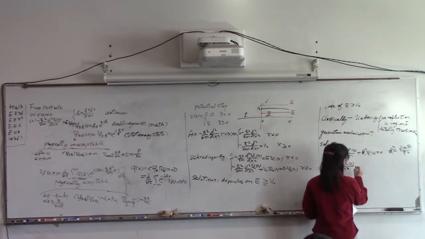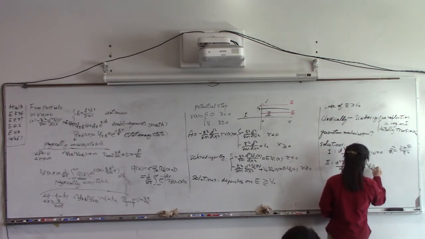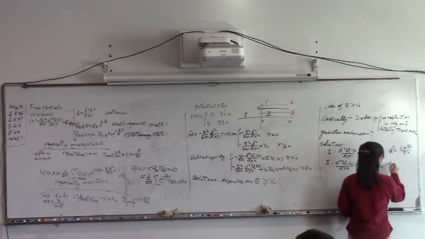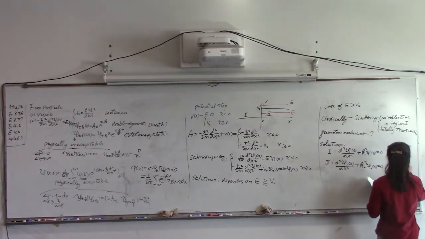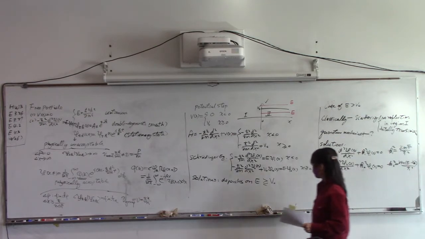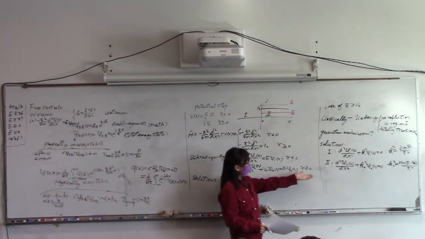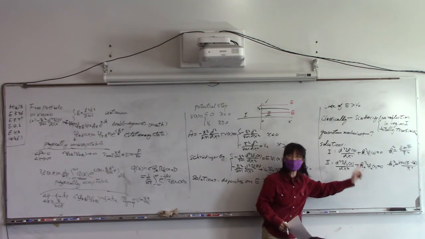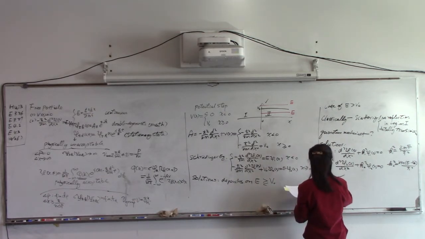Region 2, we have k2 squared. Here, k2 squared is 2m(E minus V naught) over h bar squared. So you see the differential equation is the same. The only difference is the constant. Then the solution, right? So the solution we have